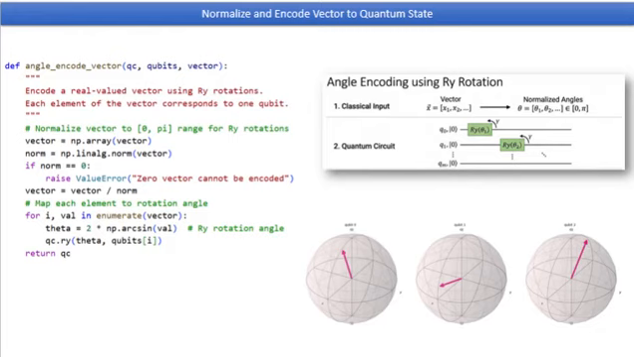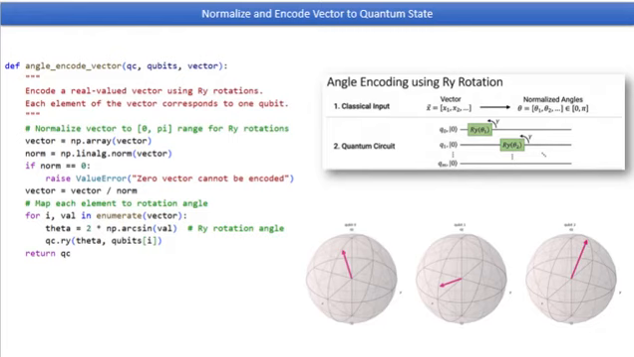Alright, now that we've transformed our sentences into numerical vectors, it's time to cross the boundary from classical computing into the quantum world. And to do that, we use a technique called angle encoding. On the screen, you can see a function named angle_encode_vector. This function takes three things: a quantum circuit, a set of qubits, and a real-valued vector, and its job is